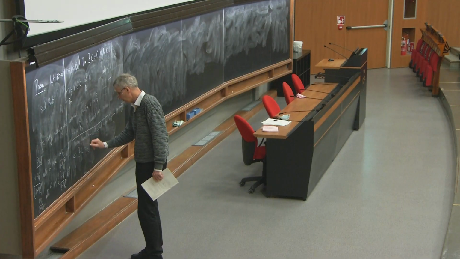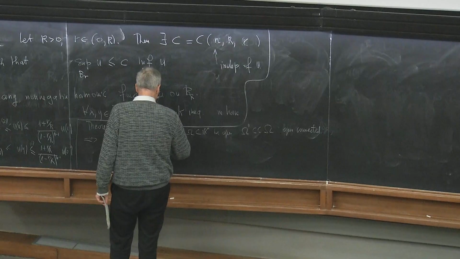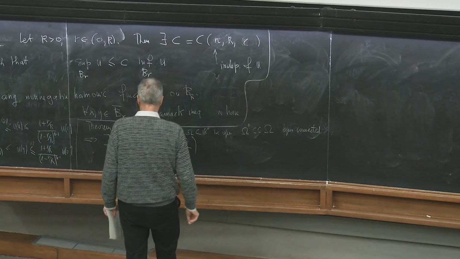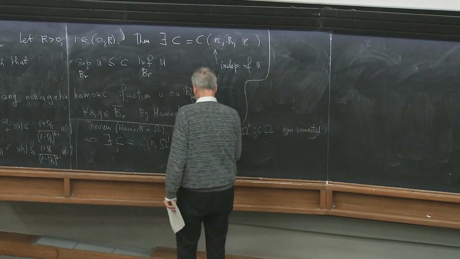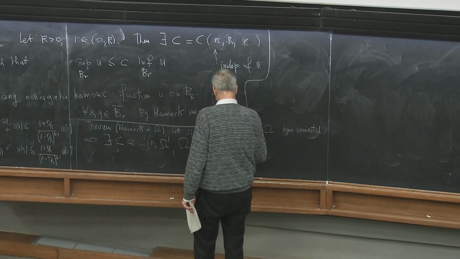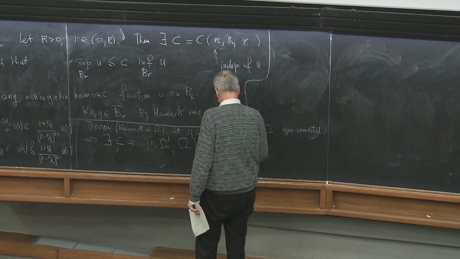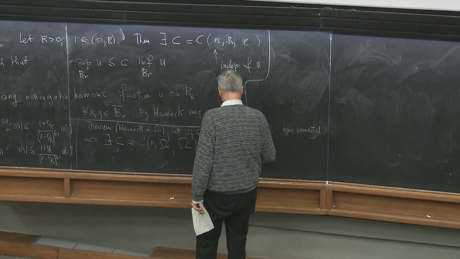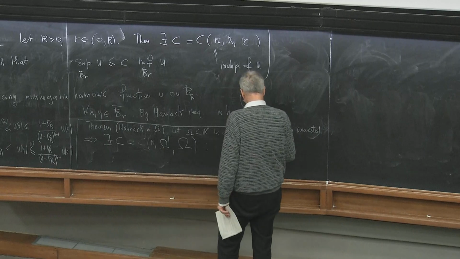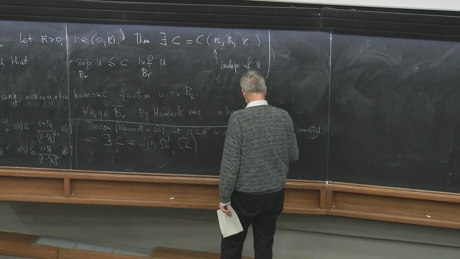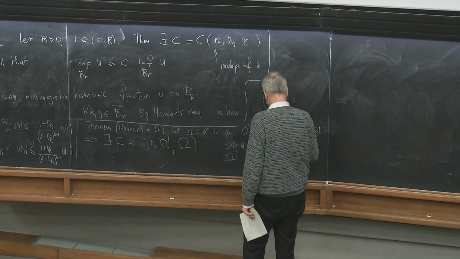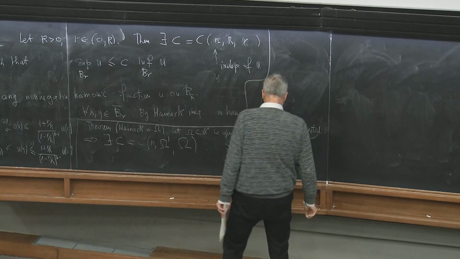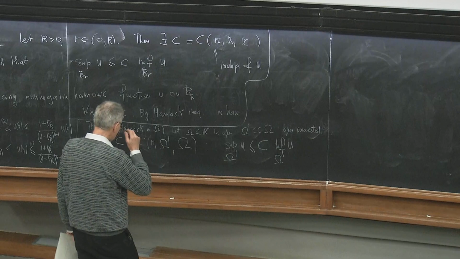Depending on the dimension, omega prime, omega, such that the sup over omega prime of u is less than or equal to c times the inf of u over omega prime. So it's exactly the same statement,